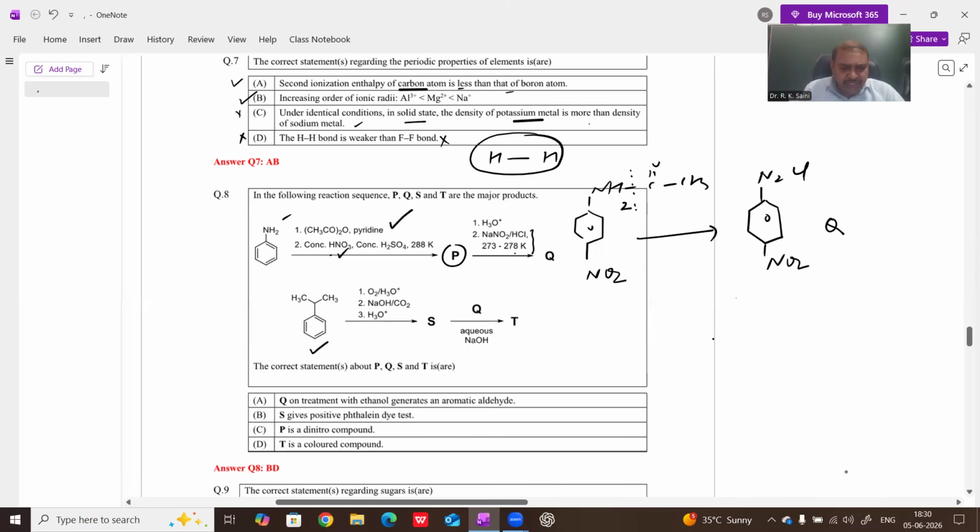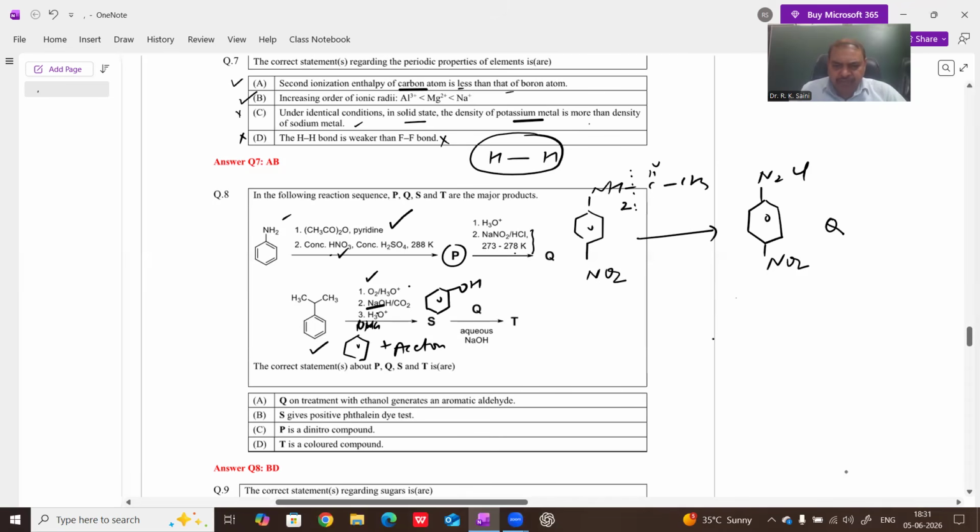Very important reaction. This reaction is given in your NCERT book, and this is the important method, industrial preparation for phenol. When cumene reacts with oxygen in presence of acidic medium, then the product is phenol and acetone. For separation of the phenol, we treat with basic medium, therefore sodium phenate, and further hydrolysis, then we obtain phenol. And hence S is phenol.